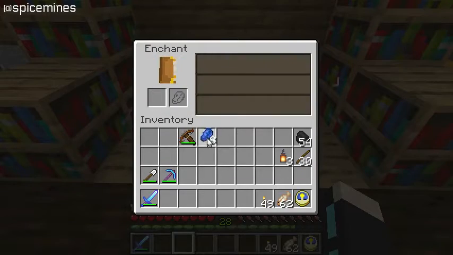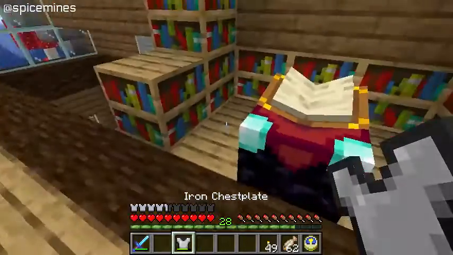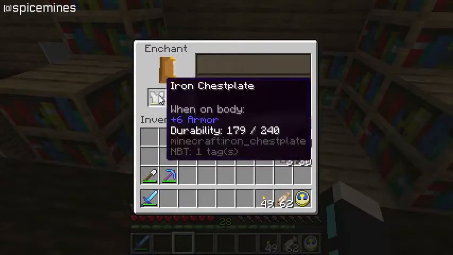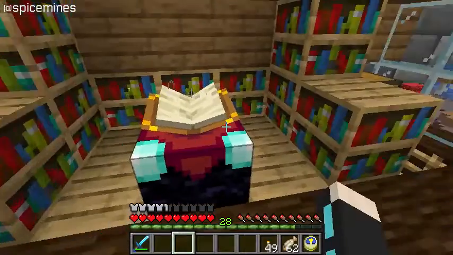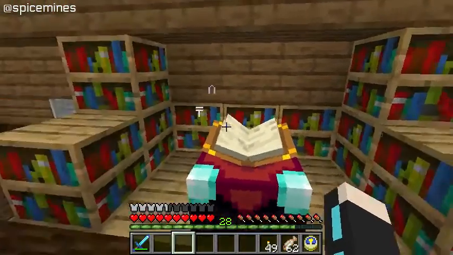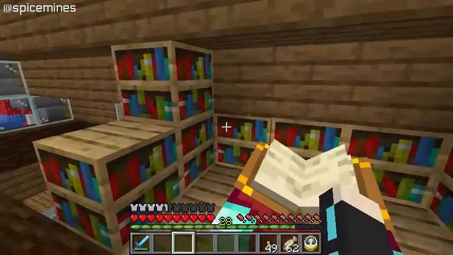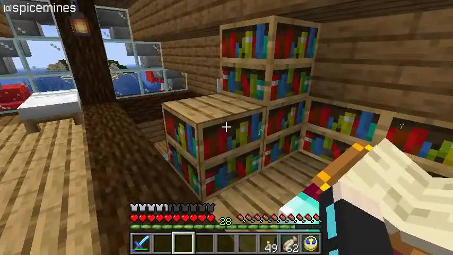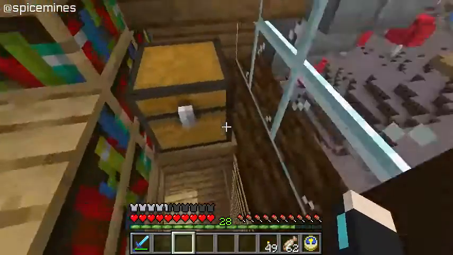That's close. It's tempting. I don't know. See what the armor's got. Because I really, really want fire protection 4. It's not going to give it to me. I probably need... You know what? Okay. 1, 2, 3, 4 behind there. 5, 6, 7, 8 behind there. 9, 10, 11. I only need 4 more bookshelves before I move on...